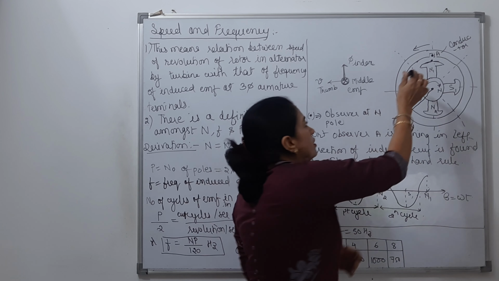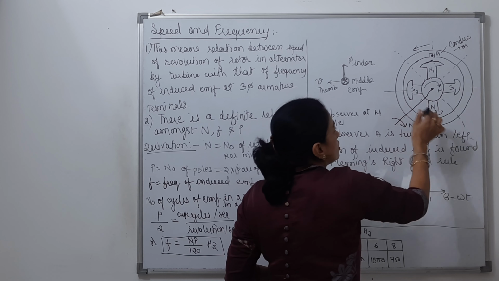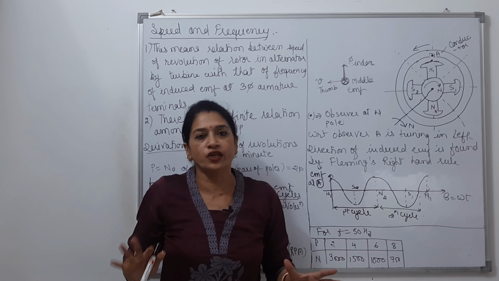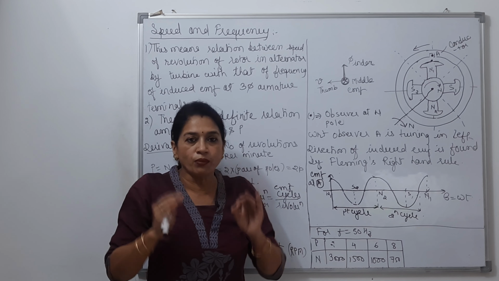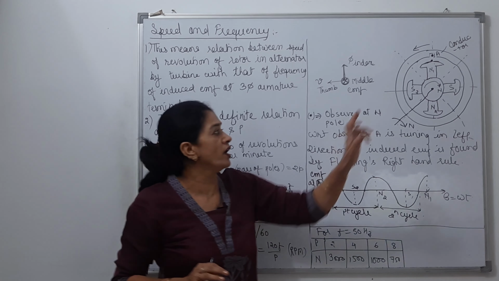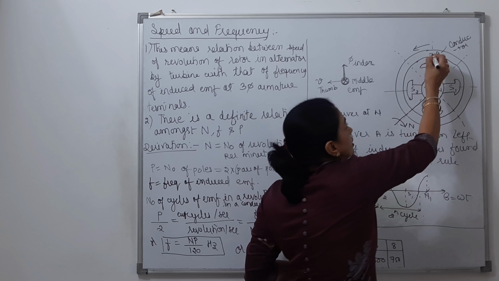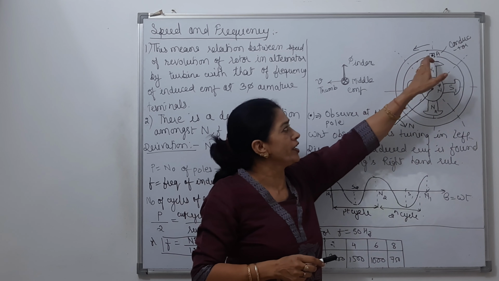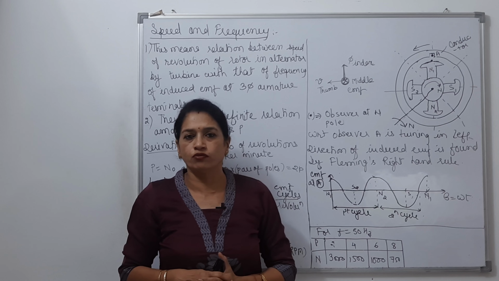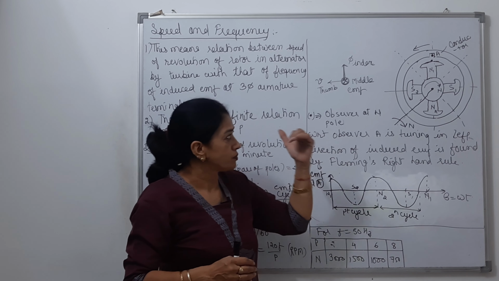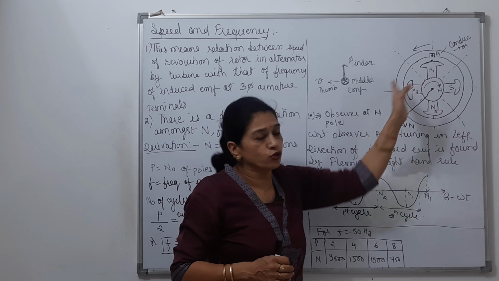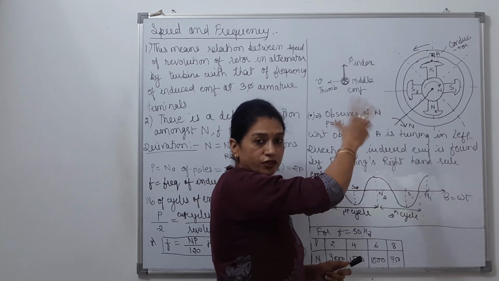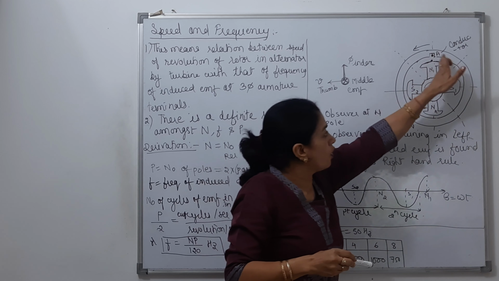We are keeping the conductors in these slots throughout the periphery, and the connection of those conductors is in 3 phase, as I said earlier. Amongst all those conductors of the armature winding, I am considering right now only one conductor placed in this slot, and the position of the conductor I am taking is just under the impact of the north pole. Now here, as soon as the rotation of the rotor starts due to the turbine turning,